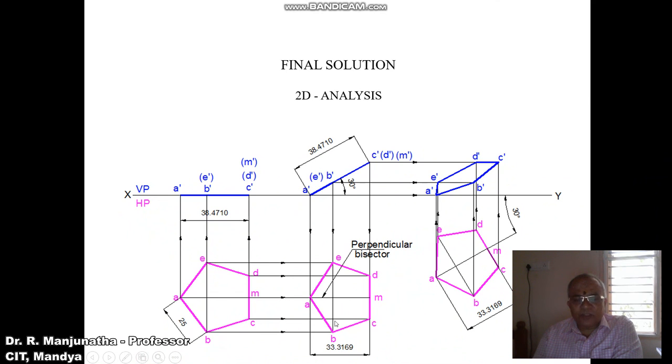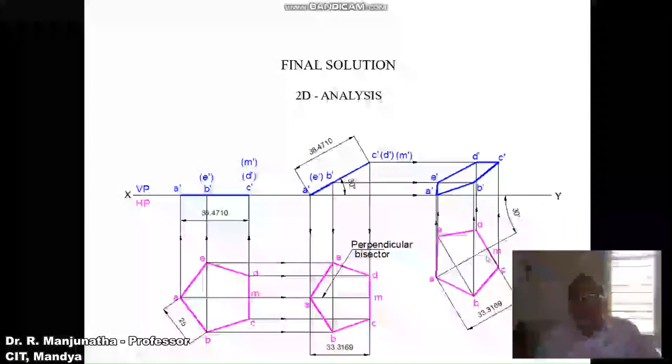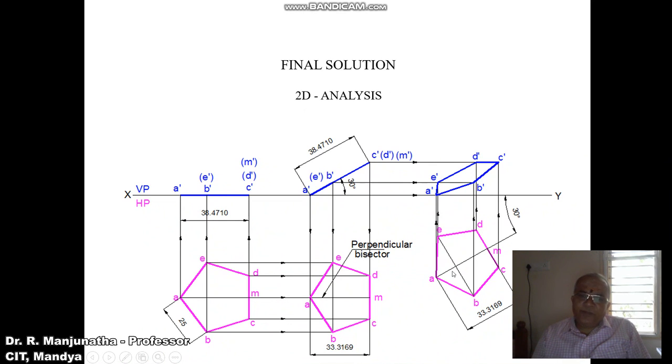To redraw this second position top view, consider any point and draw a horizontal line here. You mark this point as small a. Then with respect to the horizontal, you measure an angle of 30 degrees and draw an inclined line using the protractor. Then you measure the distance from A to M from the second position top view, with A as center cut it on that 30 degree line and mark this point as M. So through M, with respect to AM, using the protractor you measure an angle of 90 degrees and draw a perpendicular line to AM.